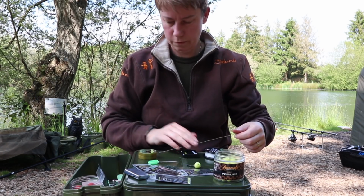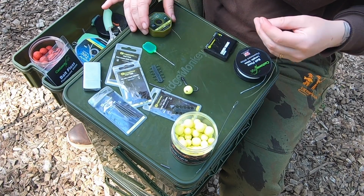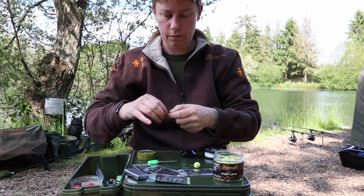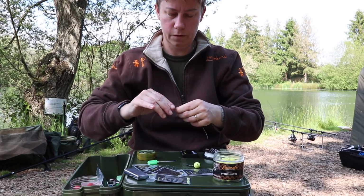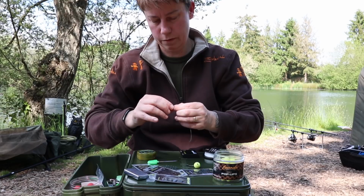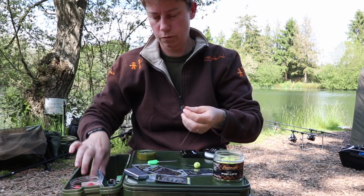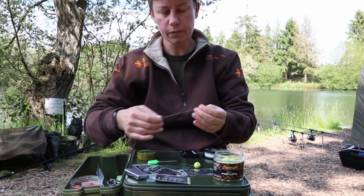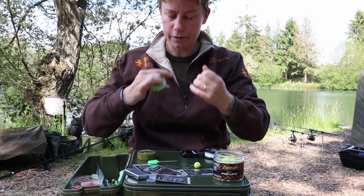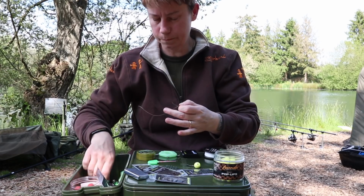And then for our boom section, we love the soft coated hook link in the camo. For everyday fishing, this is the one to use that we absolutely prefer, whether it's a normal hair rig, knotless knot, or our Ronnies. And what we do is we actually tie this section completely separate away from the swivel,